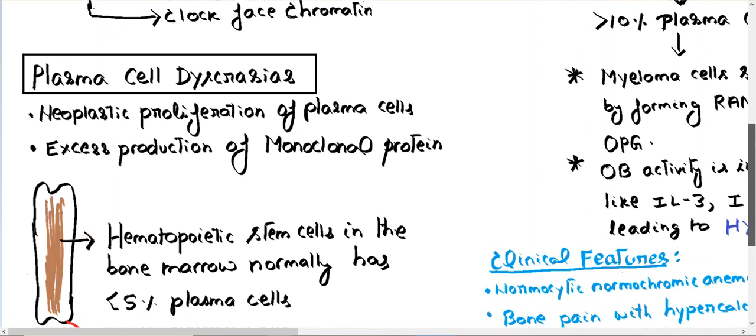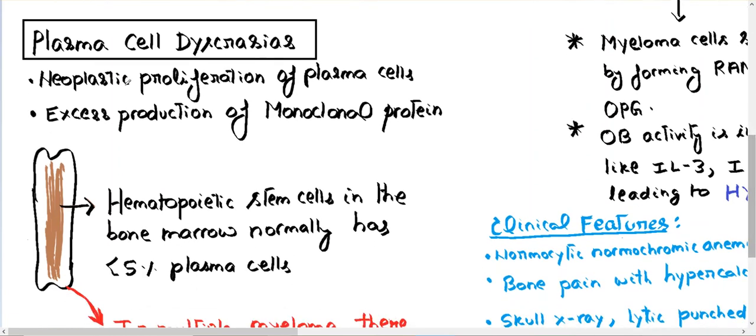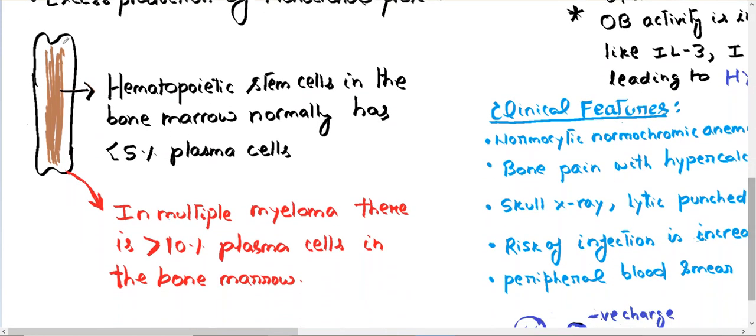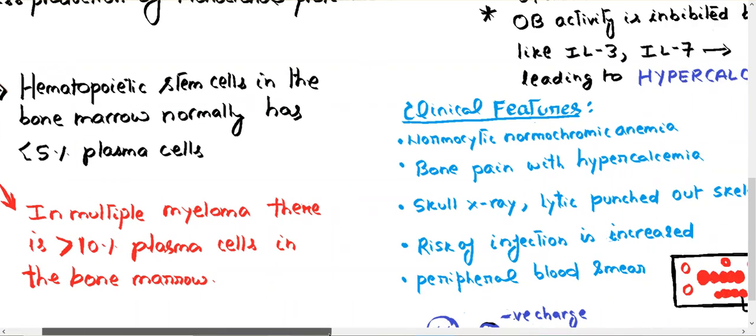So coming to the plasma cell dyscrasia, there is a neoplastic proliferation of the plasma cell. As a result, there is an excess production of monoclonal proteins. Normally, as we can see, this is the bone, and inside the bone we have the bone marrow, which has the hematopoietic stem cells. They have less than 5% plasma cells in the bone marrow, but in multiple myeloma, they have more than 10% plasma cells in the bone marrow